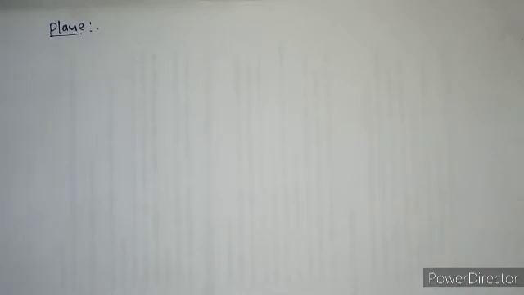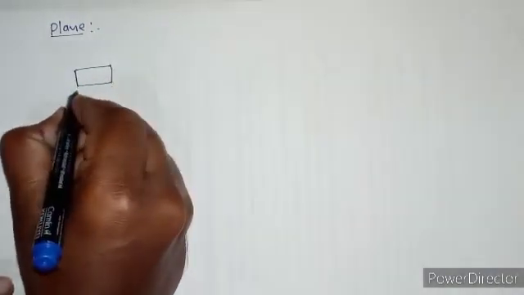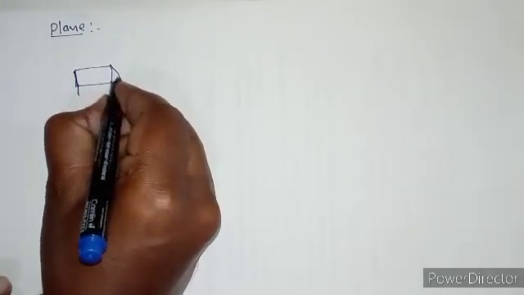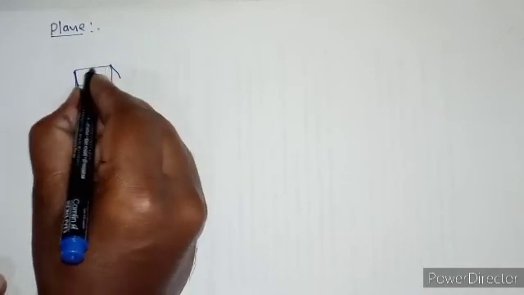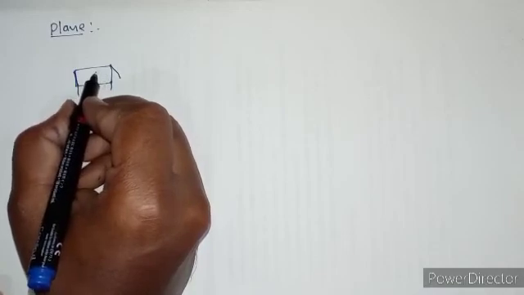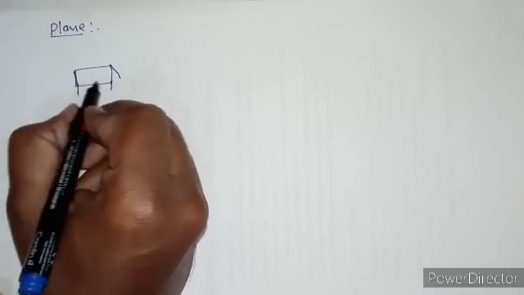Students, next we are going to know about a plane. In mathematics the concept of a plane is an abstract concept. The flat surface of a table suggests a portion of a plane. For example, all of you see here, this is one table, right? Here this is the flat surface. The flat surface of a table suggests a portion of a plane.